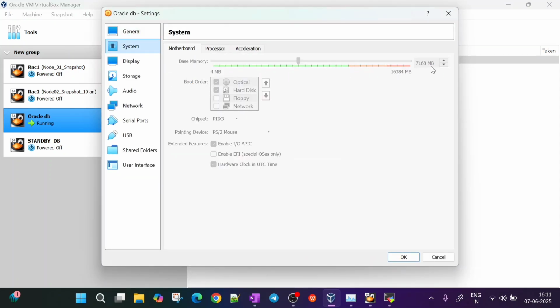So I have already powered it on, and if I show you the configuration, the base memory of this virtual machine is 7 GB RAM that I have configured. Okay, my personal laptop has 16 GB total physical memory. Okay, so out of that 16 GB RAM, I have given only 7 GB RAM to this virtual machine. Okay, and storage part also, I have given some storage out of my laptop storage. Okay, so